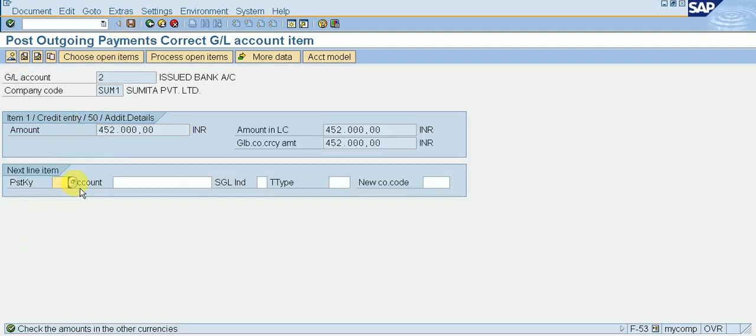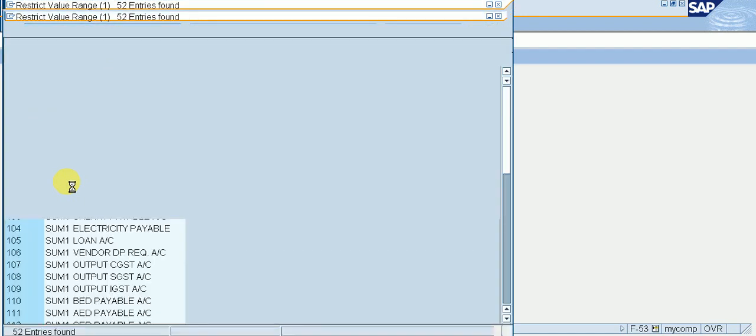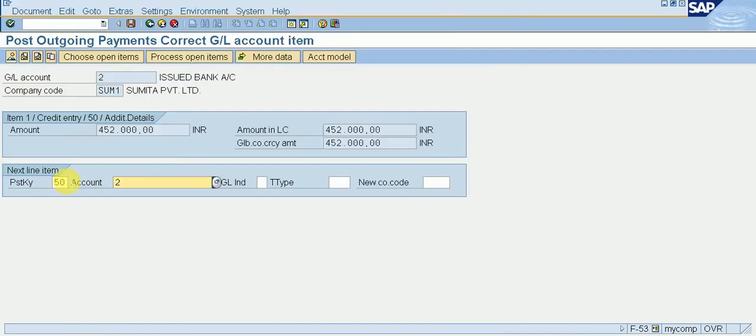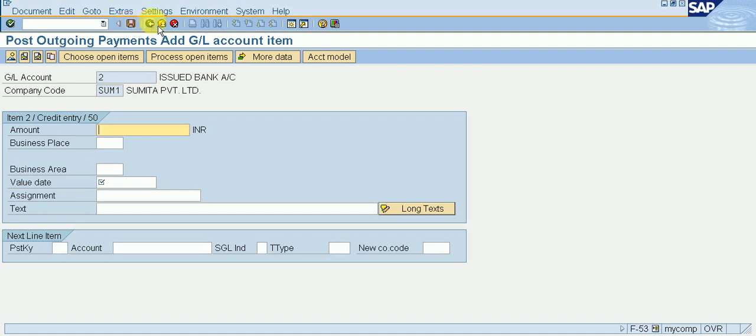Okay, then save it. So I need to give a posting key which is 50, issued bank, and then save it. Go back, showing me the total amount.